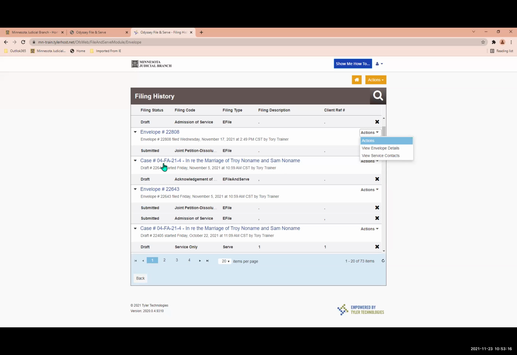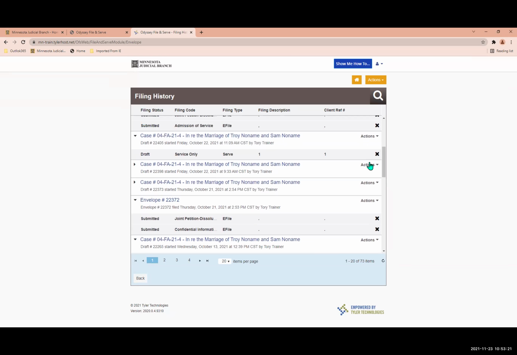So right down here on this 04 FA, if I click under actions, I can view envelope details, which is very nice, because what that means is I can find out where my filing is. I don't have to call up the courts. I can just click view envelope details